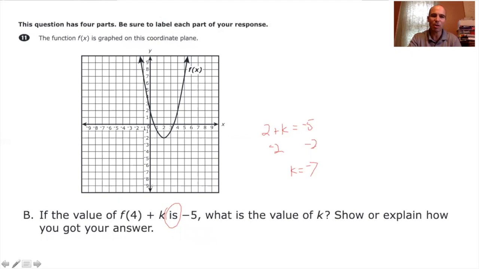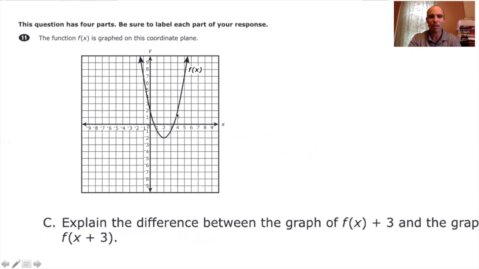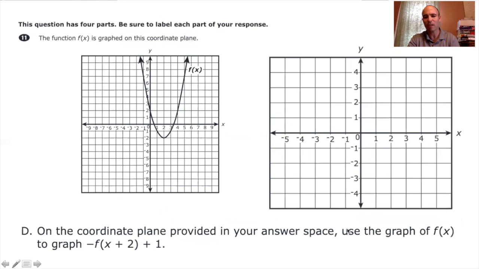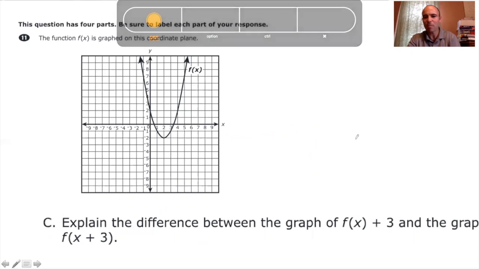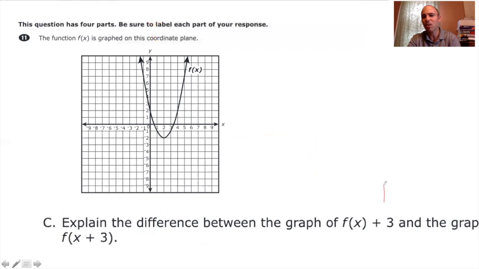But yeah, so the hard part really was just recognizing that f of 4 is just a fancy, intimidating way to just say 2, really. Okay, this is one I wanted to go over, because what's going on here if we add 3? What adding 3 to f of x does is it basically just shifts the whole graph up 3,